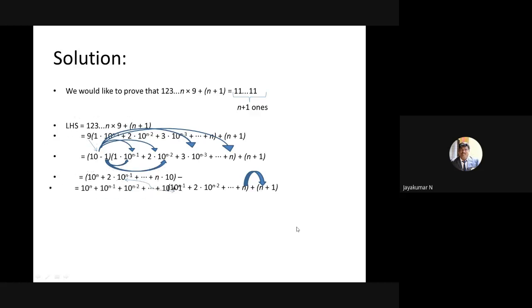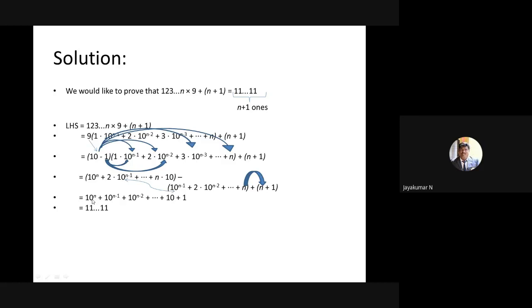The next step, if you simplify these two, that is 10 power n minus 1. Then the next term, 10 power n minus 2, and so on. The last term is 10 power n into 10 power 1, so here n minus 1 gives 10 power 1. So finally we get only 10. Then these two numbers cancel, and we have only plus 1 alone, so I can add it here. So this is 10 power n, this is 10 power n minus 1, this is 10 power n minus 2, this is 10 power 1, this is 10 power 0.